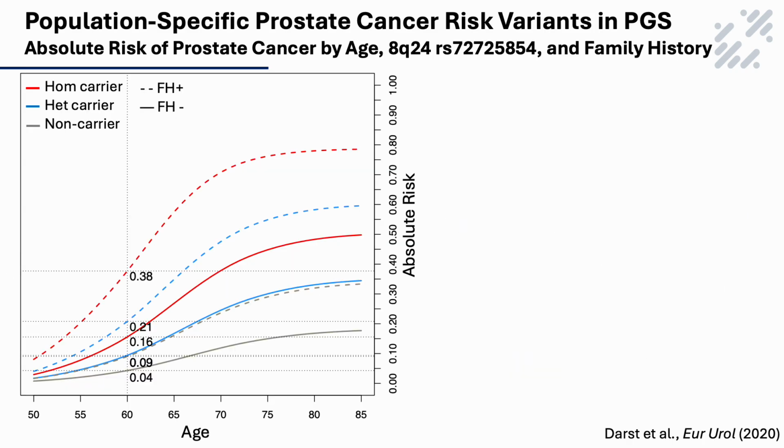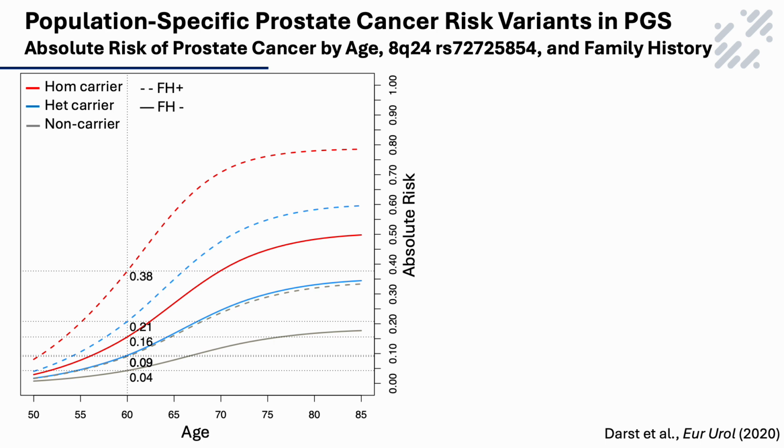We then looked at the absolute risk of prostate cancer by age, carrier status for this variant, and family history. So here on the y-axis we have absolute risks. On the x-axis we have age. The different colored lines indicate different carrier statuses for this variant. And then the solid line is showing absolute risks for family history negative men, and the dotted line is absolute risks in family history positive men. So just focusing first on